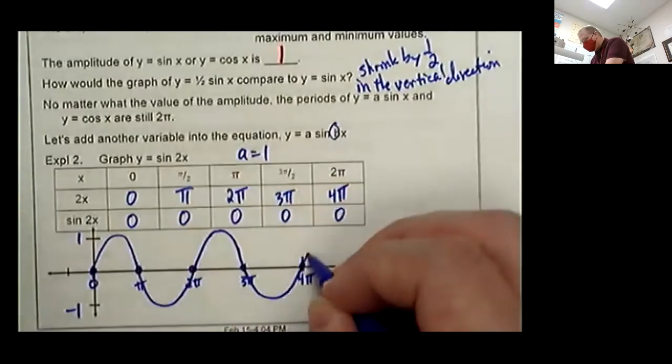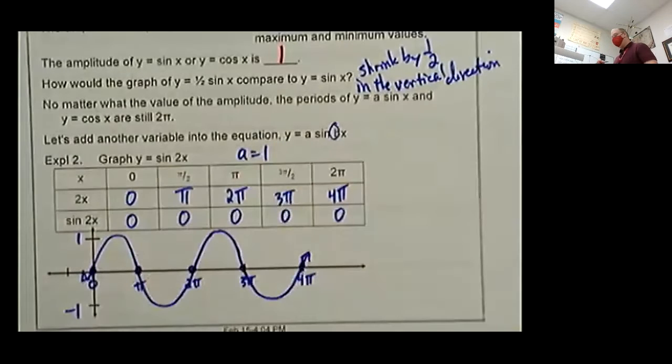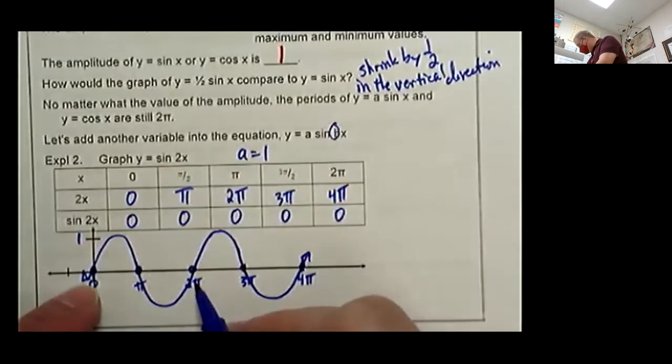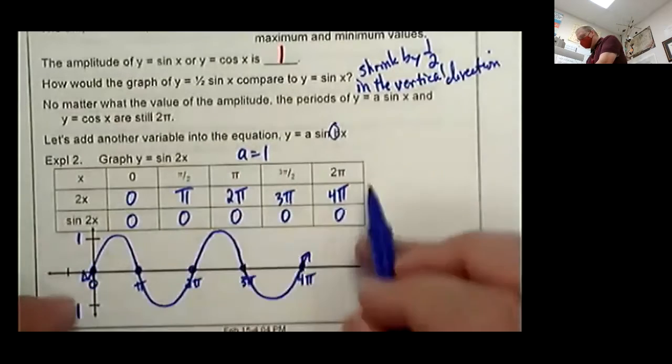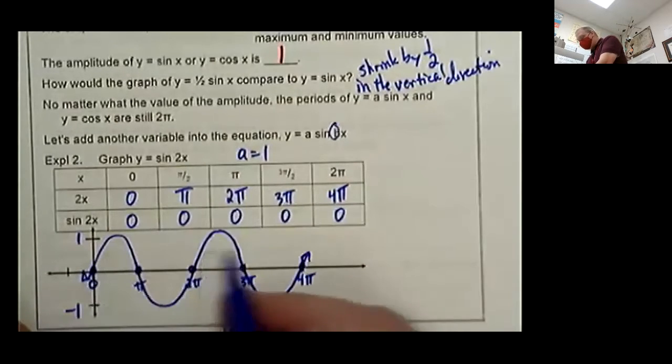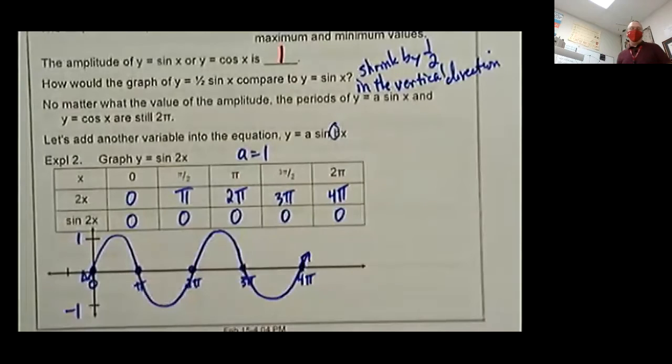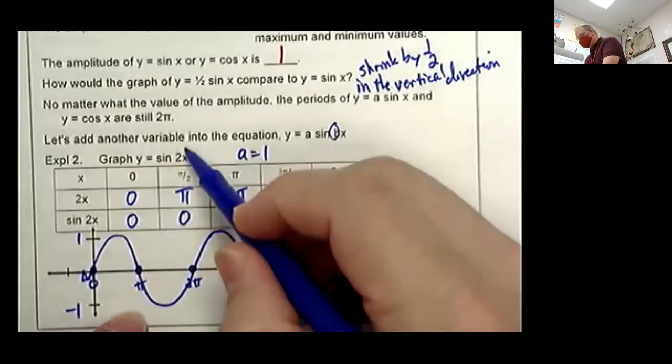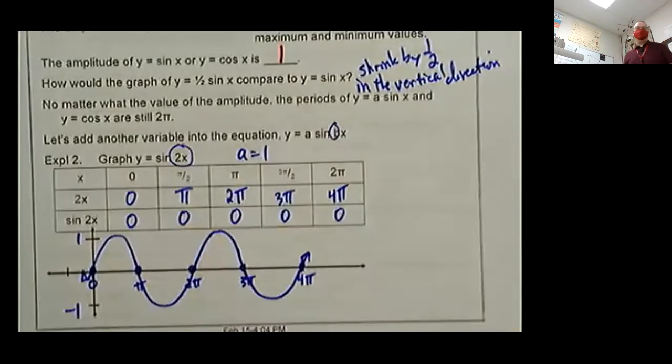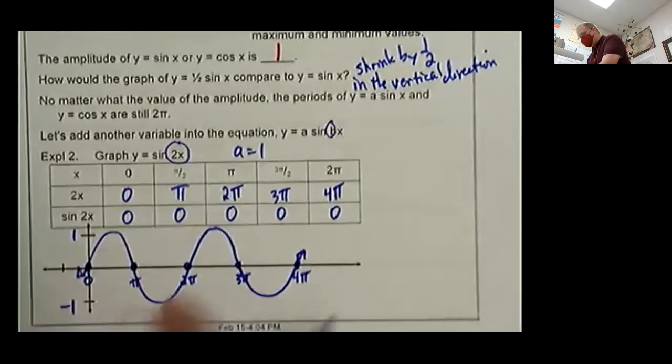And so what did we just do? Well, we just completed our period from 0 to 2 pi, there was our period. So how many times did it take for us to go around? Well, we actually did 2 full laps instead of 1. Why did we do 2 full cycles, 2 full periods instead of 1? Because we doubled the angle. And so if we double the angle, that means we're going twice as fast around the circle. And so this has to go through its cycle